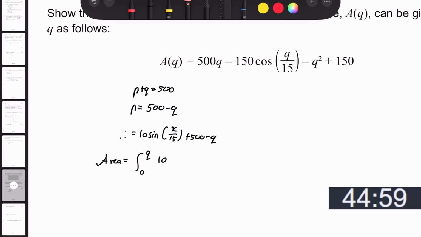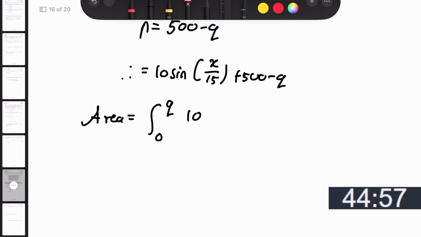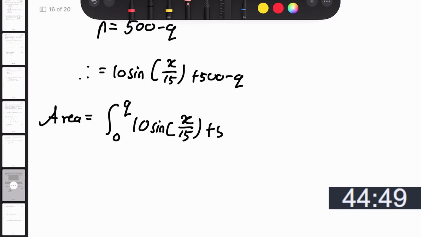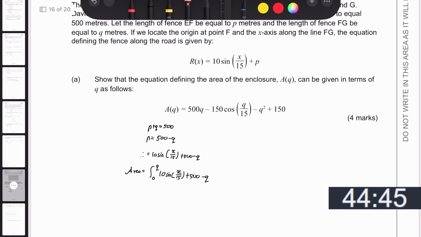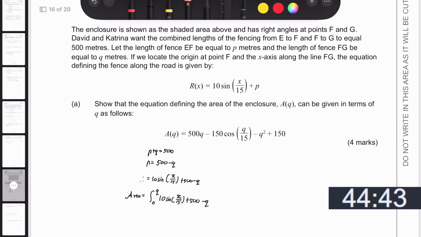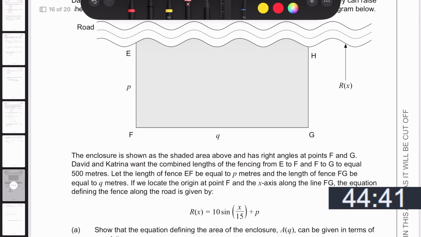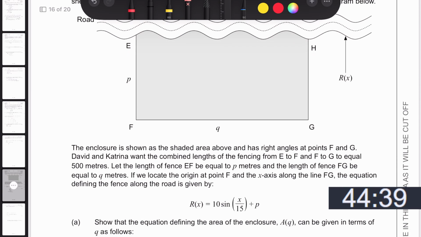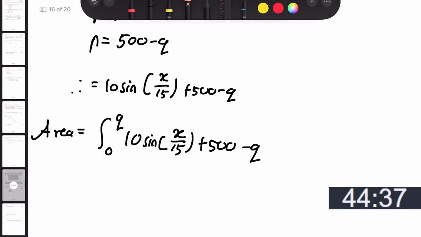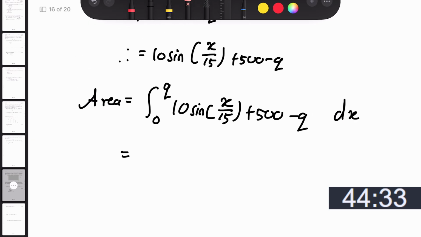Q at 15, Q squared plus 150. Okay, so 10 sine. I was thinking if I need to evaluate this as an indefinite integral, which I think I do, minus Q. Okay, and then we'll say the x. So this is going to be equal to